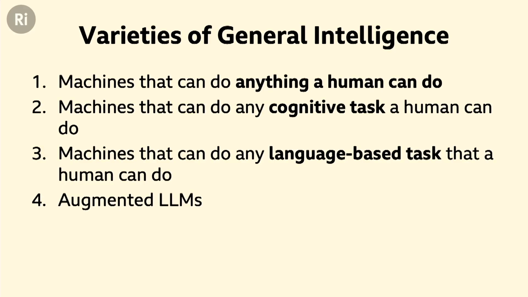Now, these four varieties, from the most ambitious down to the least ambitious, still represent a huge spectrum of AI capabilities. I have the sense that the goalposts in general AI have been changed a bit. I think when general AI was first discussed, what people were talking about was the first version. Now when they talk about it, I really think they're talking about the fourth version. But the fourth version, I think plausibly, is imminent in the next couple of years.